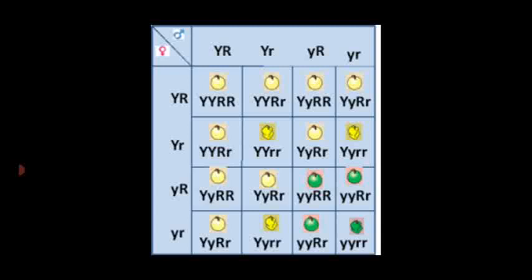So that is the ratio of 9:3:3:1. So 3 green round is there. Green color is recessive, but round is dominant. So that is an intermediate one. Then yellow wrinkled: yellow is the dominant character and wrinkled is the recessive character. Then only one proves the recessive parent, that is wrinkled green. The other 9 prove the dominant character, that is yellow round, which proves the dihybrid cross.